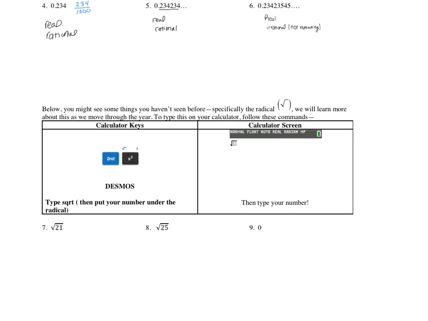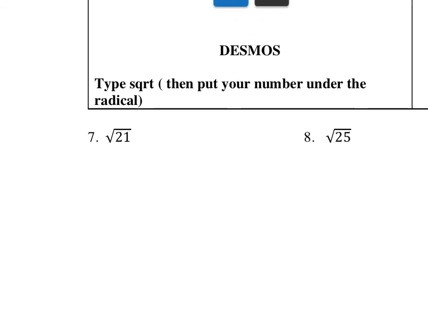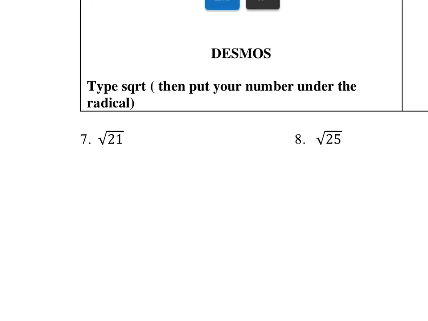Below, you might see some things you haven't seen before, specifically that radical symbol. So whenever you see a fancy division sign, that's a radical. We will learn more about this as we move throughout the year, specifically when we get to quadratics and how to solve them. To type this on your calculator, you follow these commands. I put in the symbols, the second and x squared key, and then you should get that on the right. So when I type in radical 21 on my calculator, or if you want to go to Desmos, you could do SQRT and then put the number under the radical. When I type in radical 21, I get